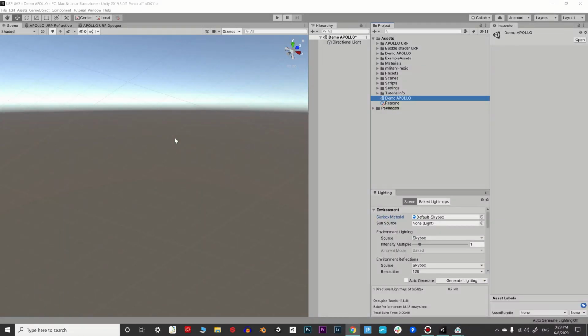Hello, this is Rispat Momit, and today I'm going to show you how to use the new Apollo shaders for Unity URP. I will start by creating a very basic scene